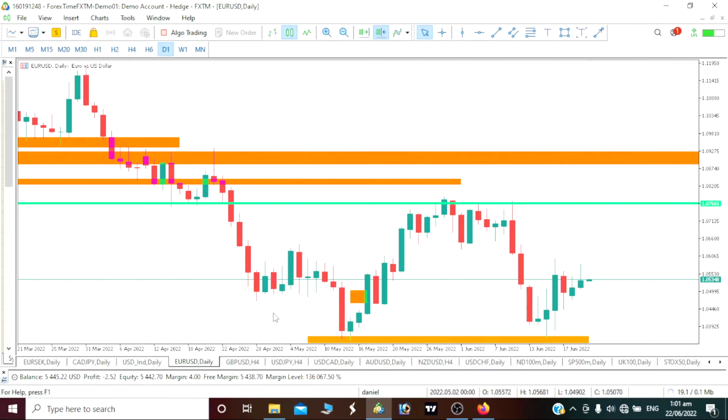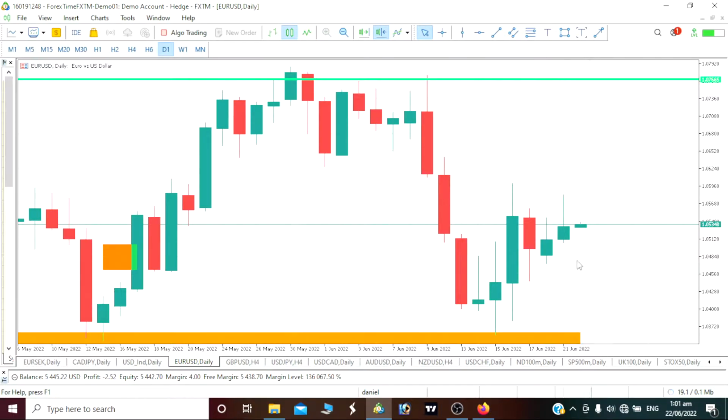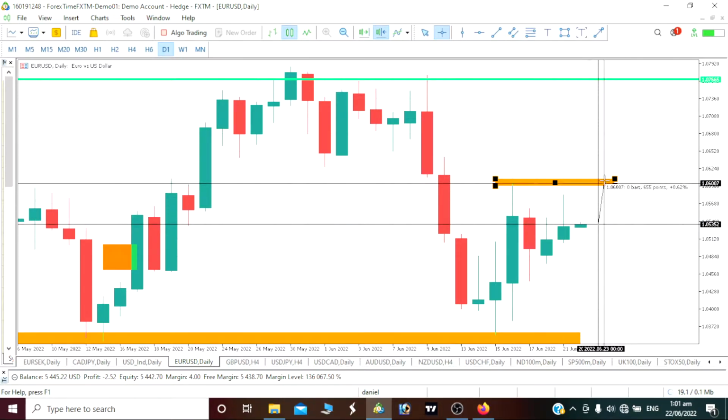We want to do a quick analysis on our Euro USD for today. As you can see on our price, day before yesterday we had a bullish move. Yesterday we had a move, and now our price is opening bullish, and I believe we would still be going bullish today, at least to hit this liquidity area for today. As you can see, that is at least what we should be aiming to grab, about